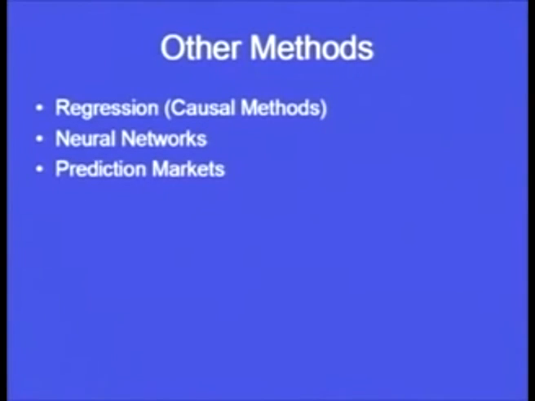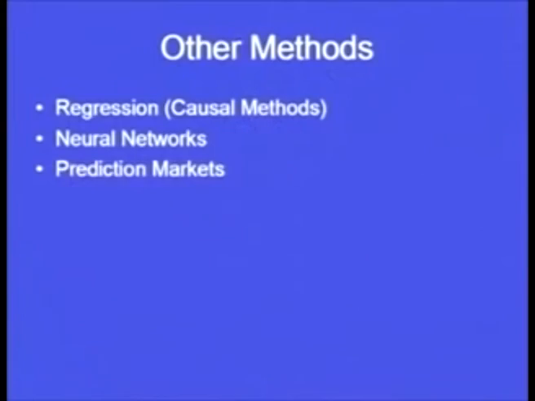Lately we have seen that there are many other methods which have been used by researchers, engineers, scientists in order to do the forecasting. So here we see there are three other methods. Regression, although a very common technique, we have not covered in sales forecasting 1 and sales forecasting 2, but this is a very simple method in which we frame a linear equation, maybe y equals ax plus b, and it can be used for forecasting depending upon the number of parameters which influence the forecast. Then there are other techniques like neural networks and prediction markets which have been used by people in order to generate the forecast.